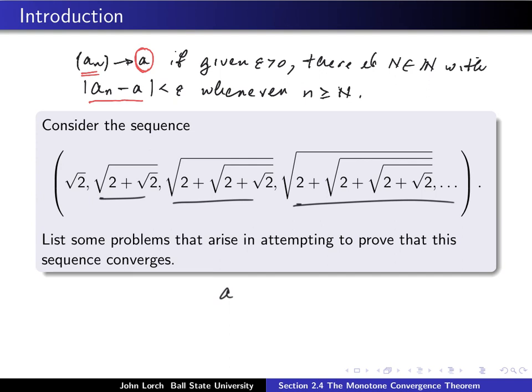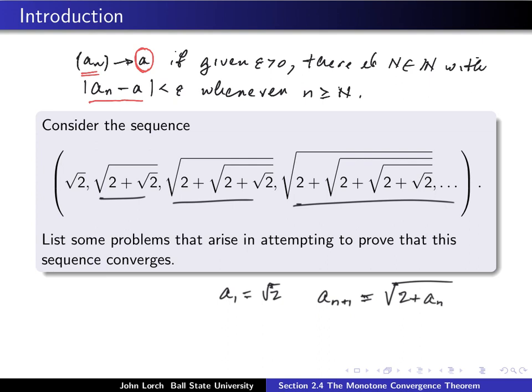So here, the first entry of the sequence is root 2. That's our first number that we encounter. And if I want the next entry in the sequence, I can get it from the previous one by taking the root of 2 plus